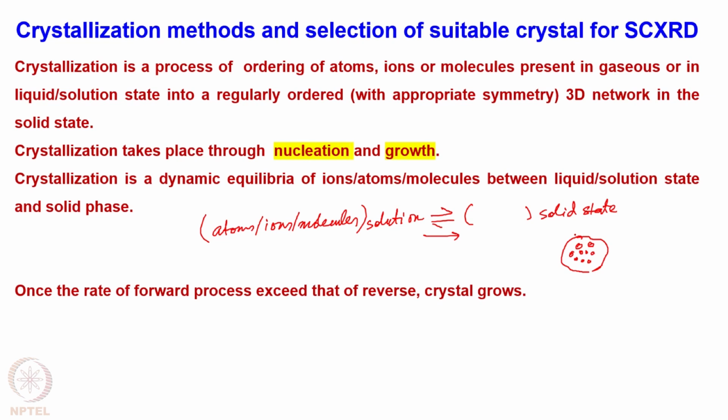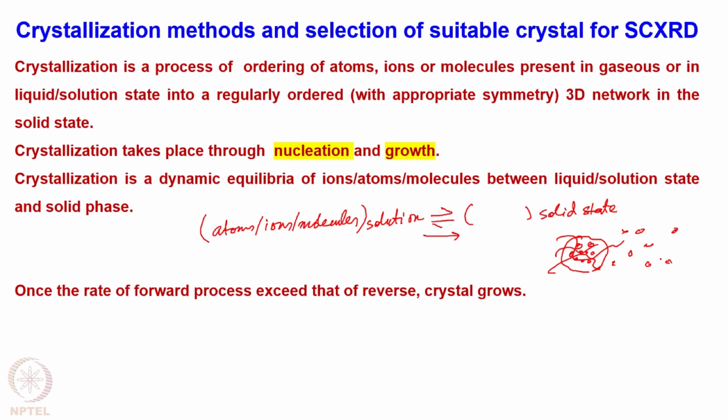And you remember, in solution, these atoms, ions or molecules are always in random motion. So this group will again break and they will be scattered here and there due to their random motion. So this process continues,